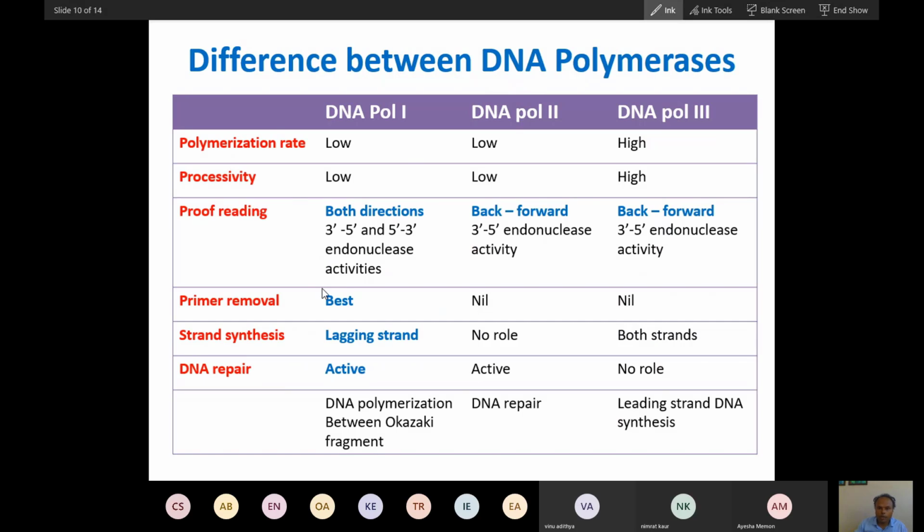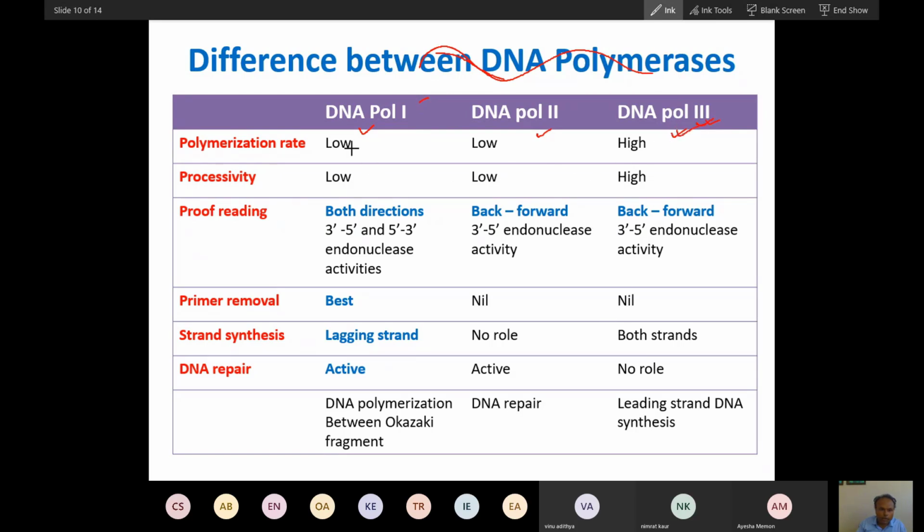So let's talk about the different types of DNA polymerase. I'm talking about the DNA polymerase of bacteria. Humans have a counterpart. If you understand the DNA polymerase of bacteria, you will understand the DNA polymerase of humans. There are three types of DNA polymerase. This is the main one, DNA polymerase 3, that will actually do DNA synthesis. It does the continuous DNA synthesis.